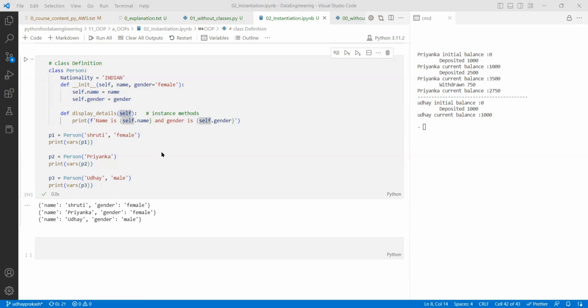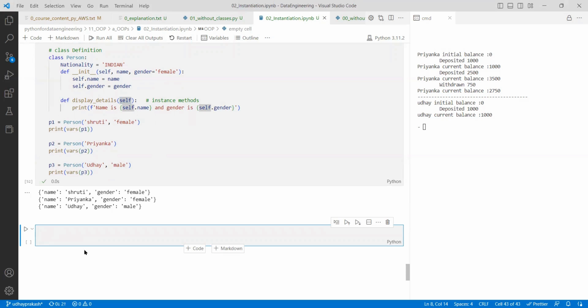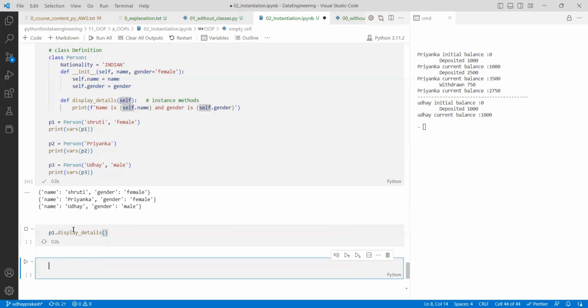Hello. Yes, please. I have a question: you created one instance method, right? Display details, self, printf. What is the output of this method? We have to call this method. Yes, a good question. So I didn't execute it till now, right? Thank you. So if I say dot display details and execute, now if you see,